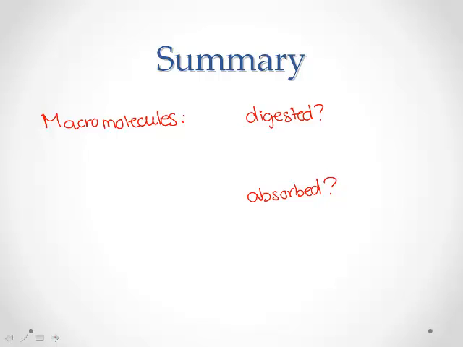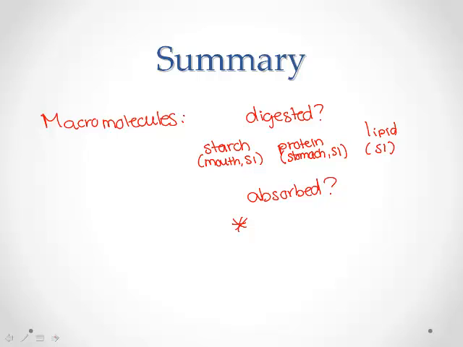So we talked about starch being digested in the mouth and the small intestine, the protein digested in the stomach and the small intestine, and our lipid is being digested in just our small intestine. Absorption, where does it occur? In our small intestine